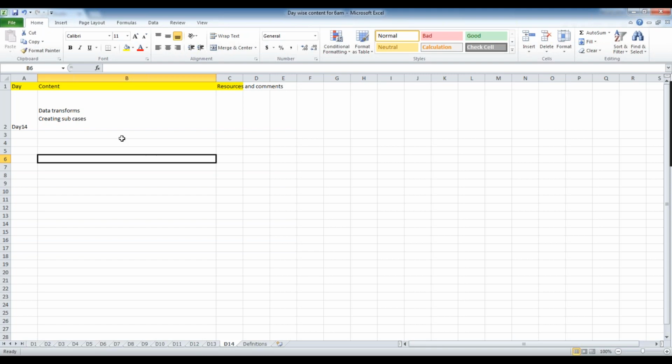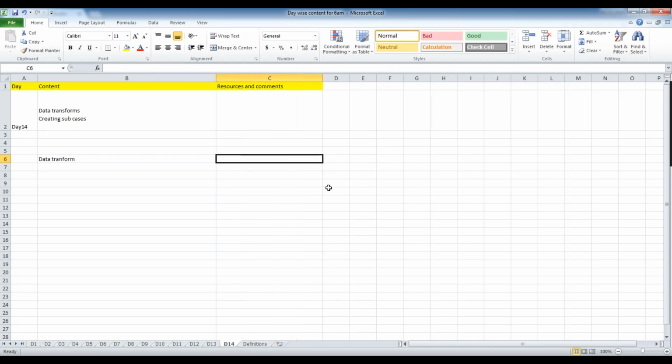The main aim of a data transform is simply to copy the data from source to destination by formatting the data.